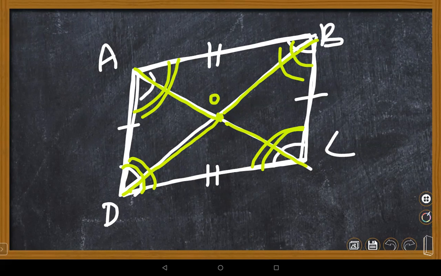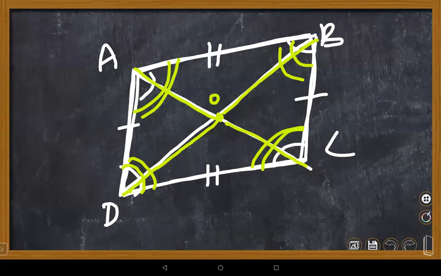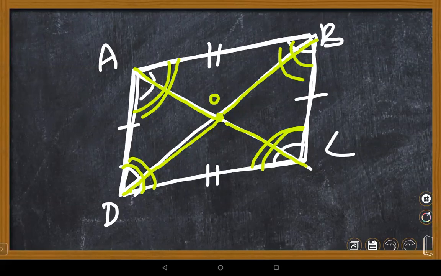Ma'am, but they are equal, because the opposite sides are equal, ma'am. Opposite sides are equal. Maybe it is possible for the diagonals to be equal, children. Let me find out, children. Ma'am, it's equal, ma'am. Yes, it is equal, children. Let me see once. Just a minute, children. I will take the table.